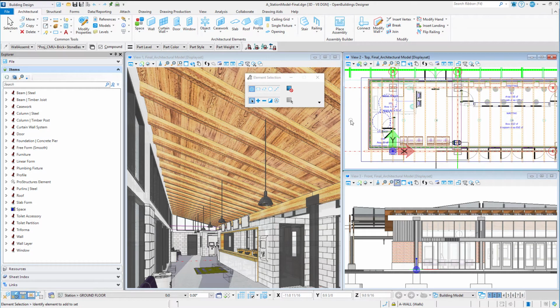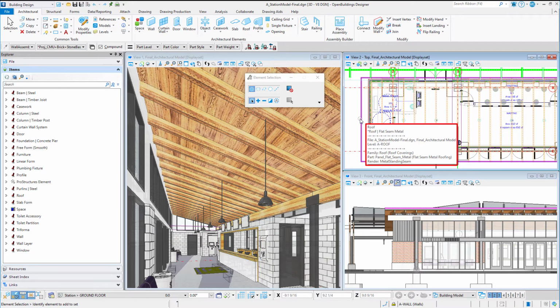OpenBuildings Designer Update 8 introduced an overhaul of building flyovers. So first, what are flyovers? In general, flyovers display information about any element in a file. However, display of information about building elements is much more comprehensive and specific to the building discipline that the element